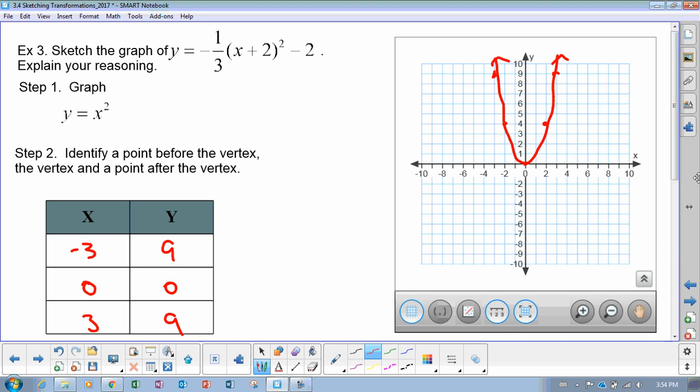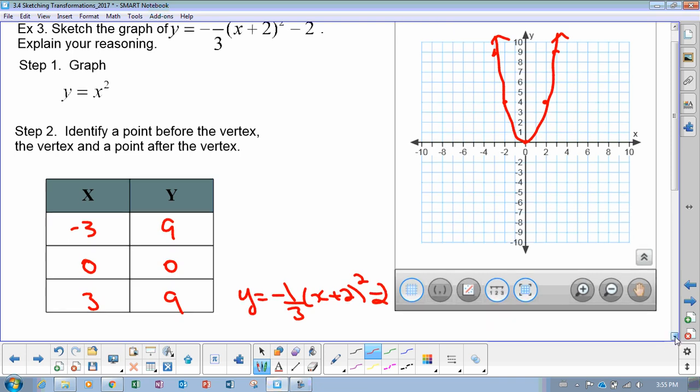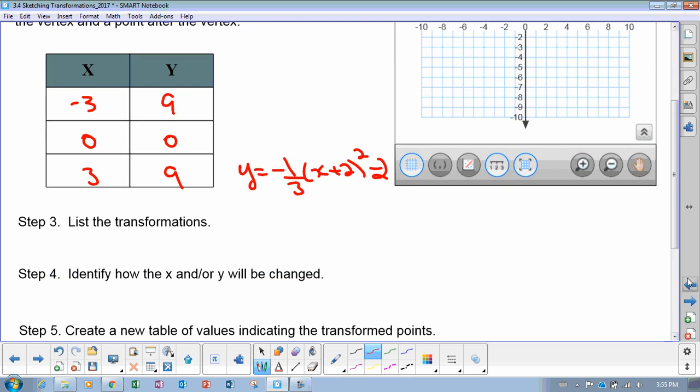So then, when I'm looking at what's happening right here, I have my equations. So I'm just going to rewrite my equation right here. Okay, so I can see it. So now we're going to list the transformations. So this one right here, we have all 4 transformations. So I have